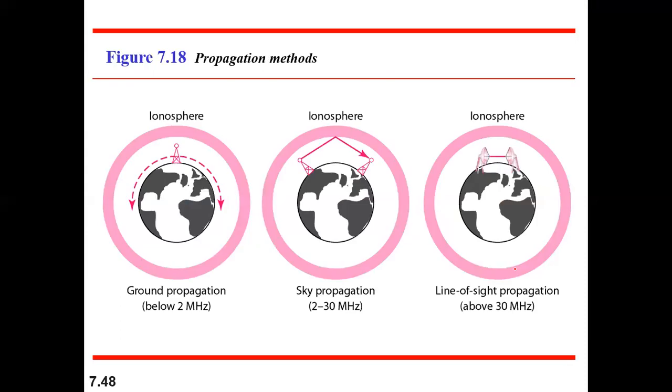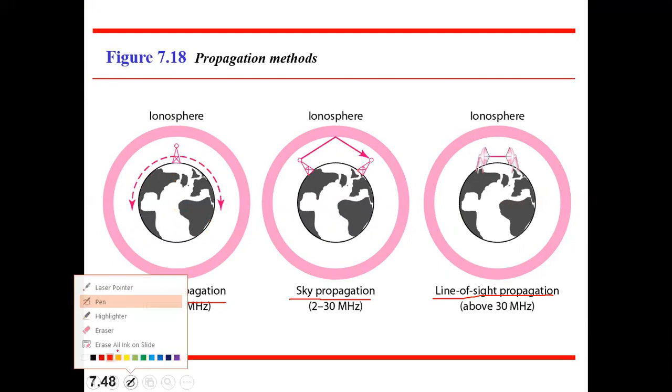Now, for propagating these signals, normally three different types of propagation methods are used. So one of them is ground propagation, another one is sky propagation, and another one is line of sight propagation. All right, so in ground propagation, radio waves travel through the lowest point of the atmosphere, hugging the Earth. So these low frequency signals go in all directions from the transmitting antenna and follow the curvature